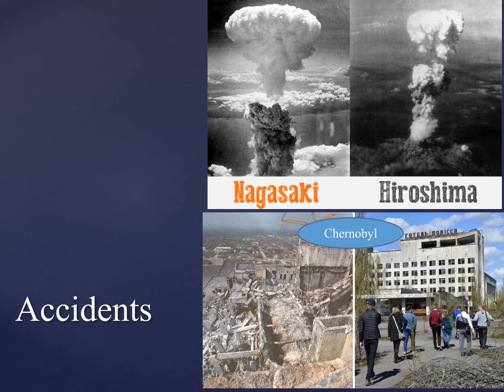And also, nuclear accidents pose a great hazard to human life. Like I said in the previous lesson, the explosion at the Chernobyl nuclear power plant in Ukraine in 1986 led to the release of a large amount of radioactive uranium fuel and nuclear waste products into the atmosphere, and that spread over most of Europe, Asia, and North America.